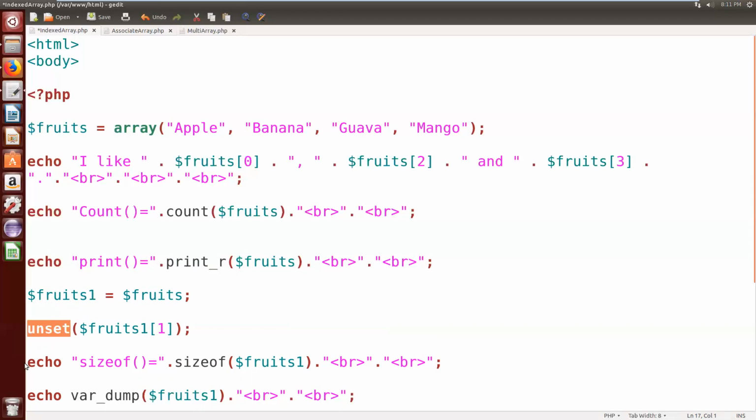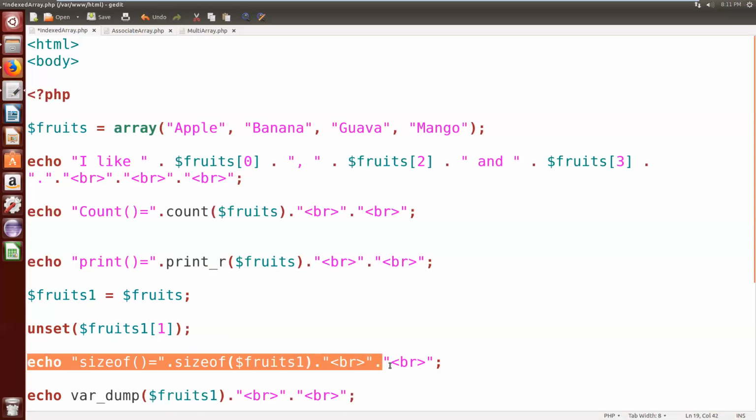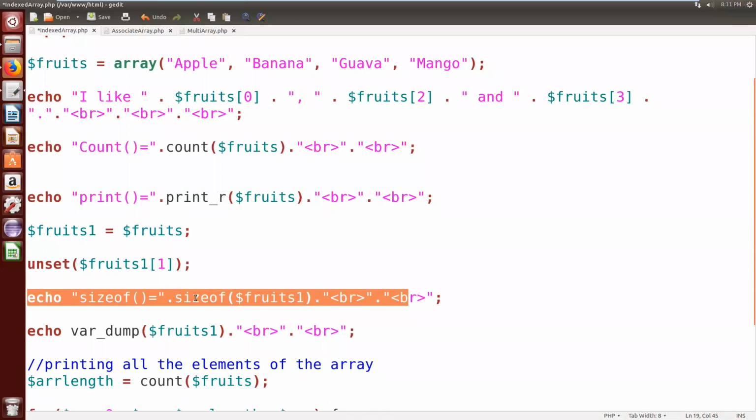Next, after deletion, I want to print the size of the array again, to check the count of the fruits1 array, whether it is deleted or not. That is why I am calling the sizeof function, which is similar to the count function.